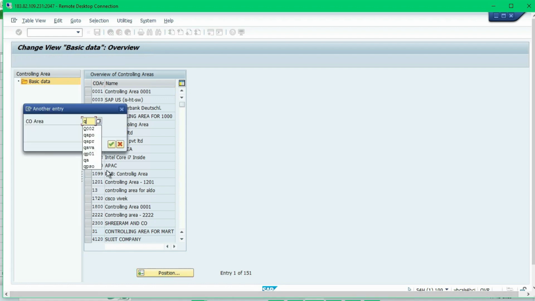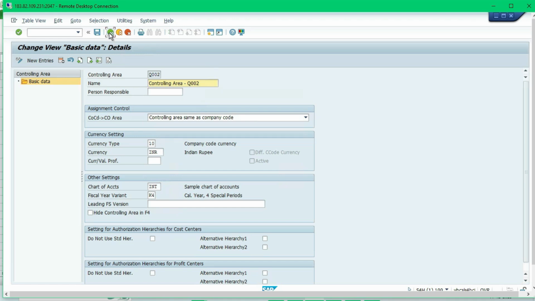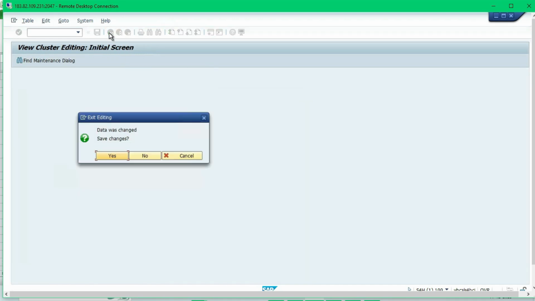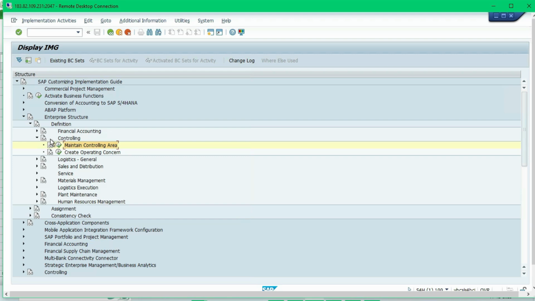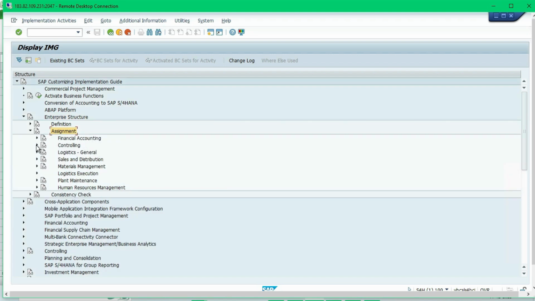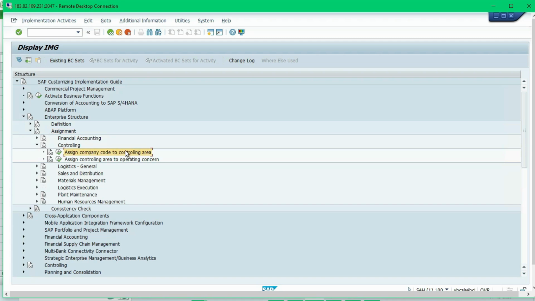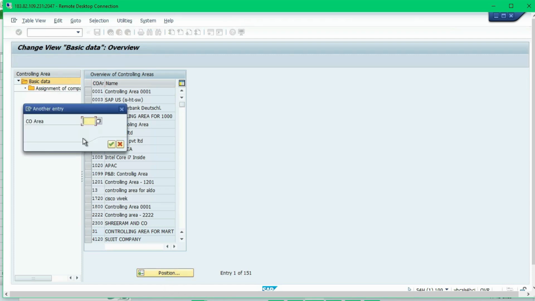Select position, enter Q002. So this is my controlling area which we created before. Now go back. Now under the enterprise structure, we need to select assignment and then controlling, assign company code to controlling area. This is the second step. After that, select position, enter the controlling area Q002,